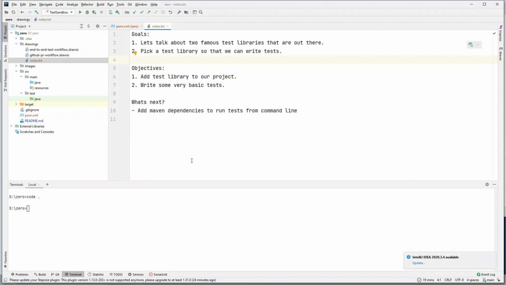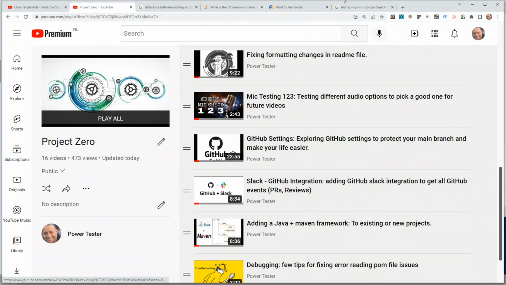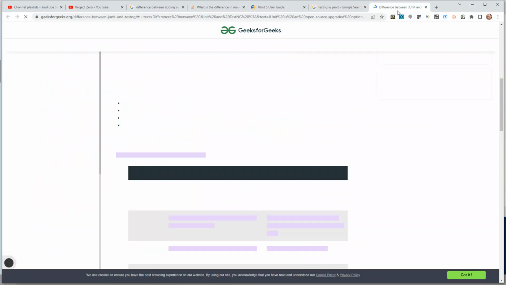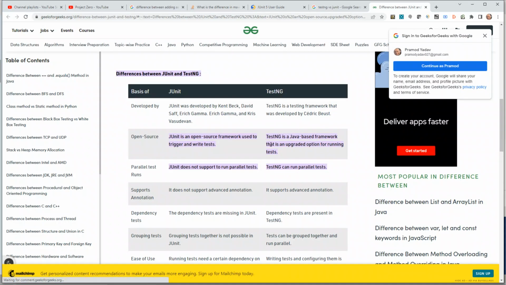So let's go back to the internet and search for this simple thing, TestNG versus JUnit, and you will get a bunch of articles which will tell you about the difference between JUnit and TestNG. One of the things which is common between all these articles is they will tell you that TestNG is better than JUnit, which probably was true when maybe JUnit 4 was in existence, but